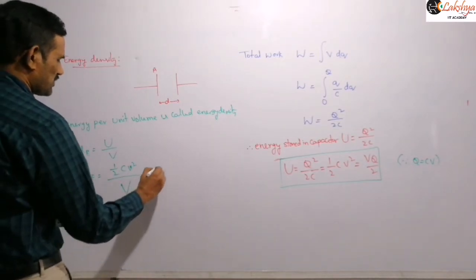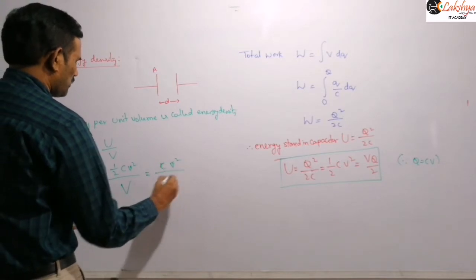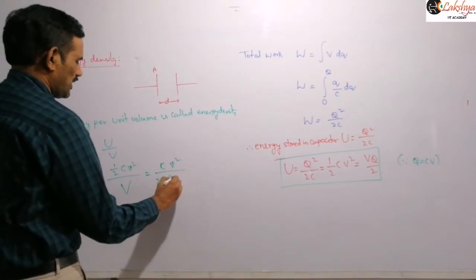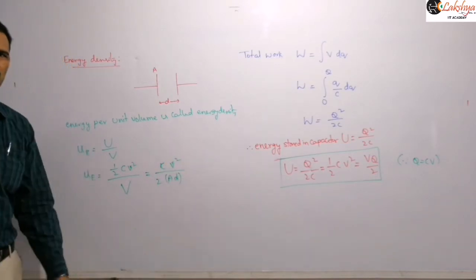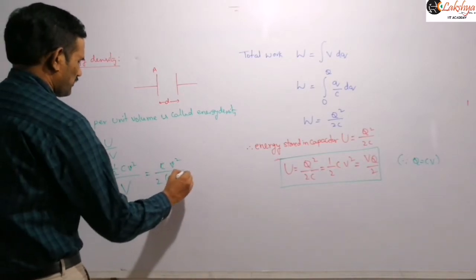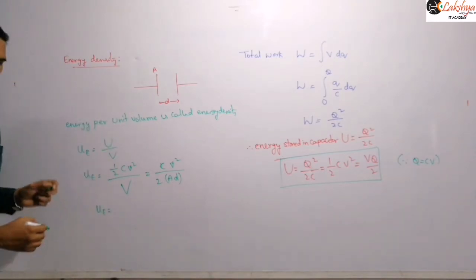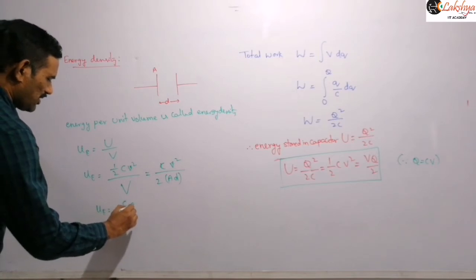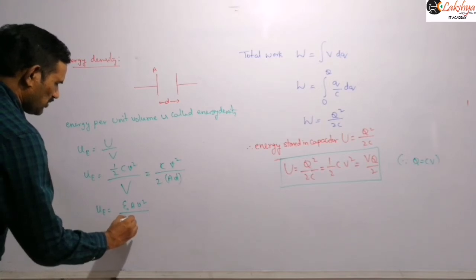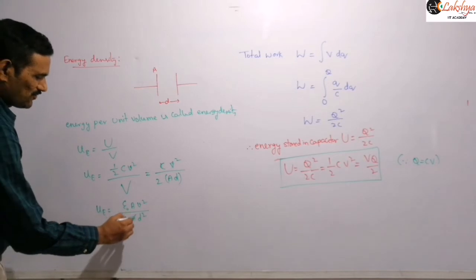And so now I can write this expression as half, that means CV square by 2 into, now this volume I can write as area of cross section of the plate into D, right? And so now you can write this as, therefore, this energy density is equal to the capacitance of this parallel plate capacitor. Now we can write here epsilon naught A by D into V square by 2 into A into D square you will get, right? And so now this A term will be cancelled here.